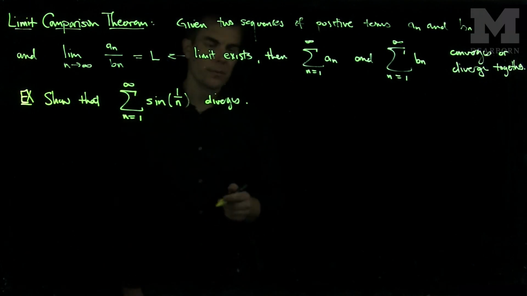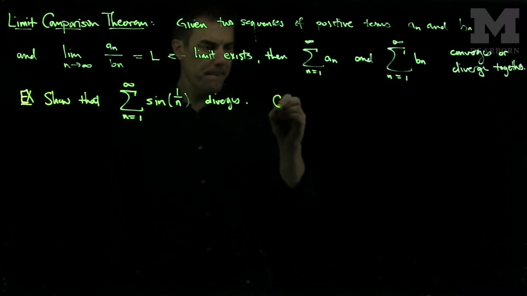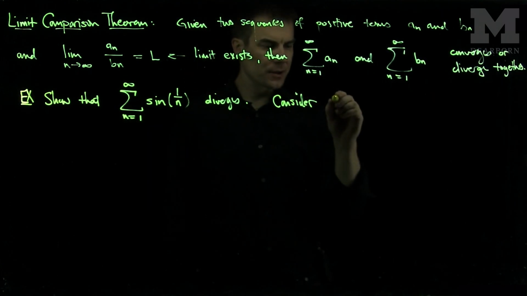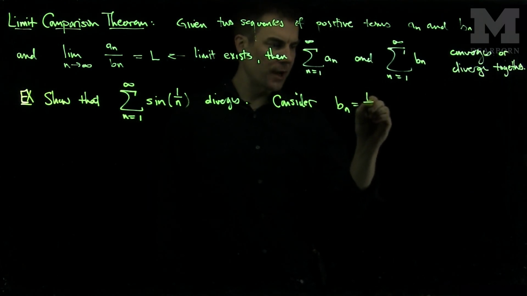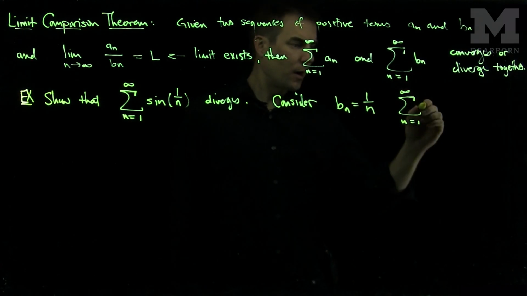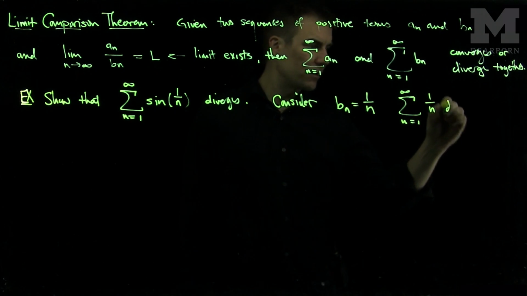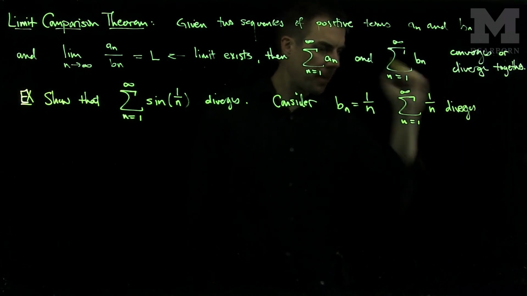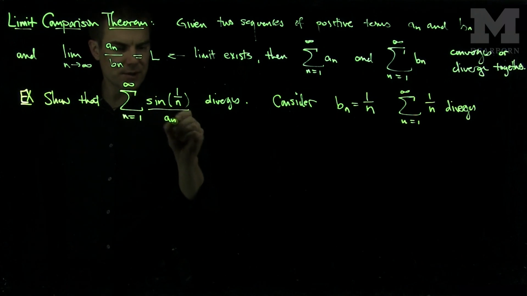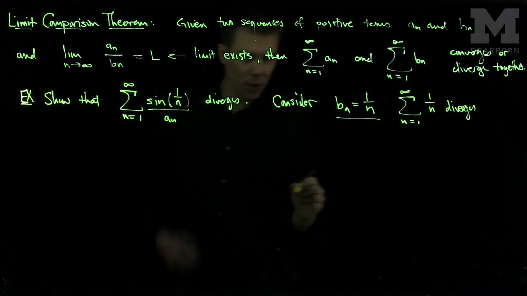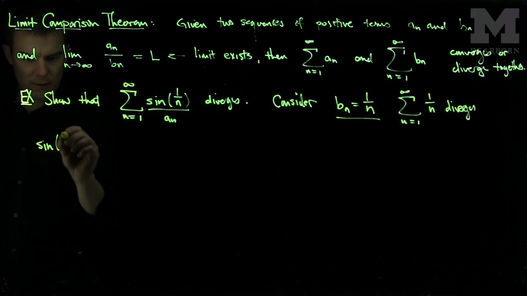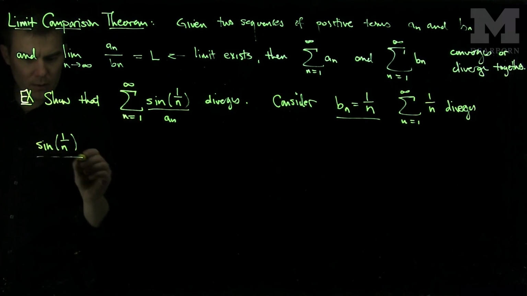And so what we'll do is we're going to consider a sequence bn, which is 1 over n, and we know the sum from 1 to infinity of 1 over n diverges. And now we're going to compare the sequence an, which is the sine of 1 over n, to bn, which is 1 over n. So if I consider the sine of 1 over n over 1 over n,